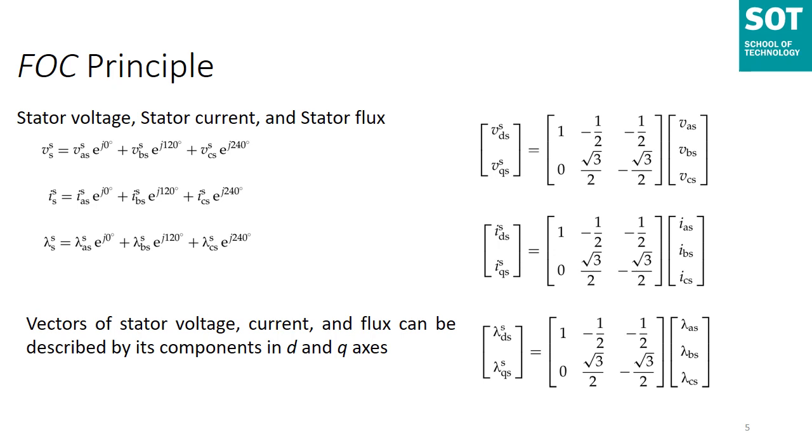Now, in a real induction motor, the rotor winding differs from the stator winding. That is, the effective number of turns per phase of the rotor winding is not equal to that of the stator winding. Hence, we can have a ratio, called the turns ratio, which has to be taken into account in all our parametric representation. That means whatever stator voltage, stator current and stator flux values we have taken referred to the stator fixed frame, the vectors of the rotor current, voltage and magnetic flux can be described in the rotor frame by taking into account the turns ratio.